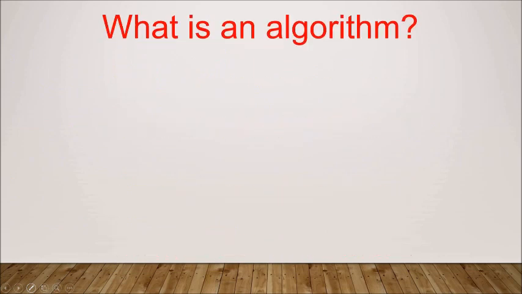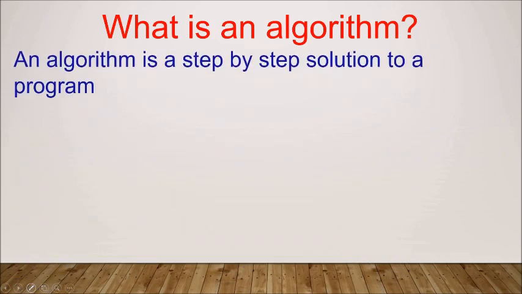See children, you have already studied about algorithm in 11th standard. So the same thing I'll repeat, that algorithm is basically a step-by-step solution to any program. So suppose if you want to prepare a tea only, then what you will do, you will take a vessel, switch on the gas, add water, keep vessel on the gas, pour some sugar, tea leaves and milk, and then after boiling you will filter it. So this is step-by-step solution when you are preparing tea.